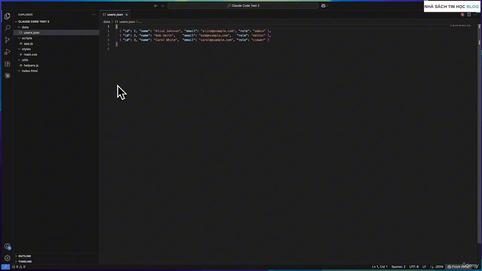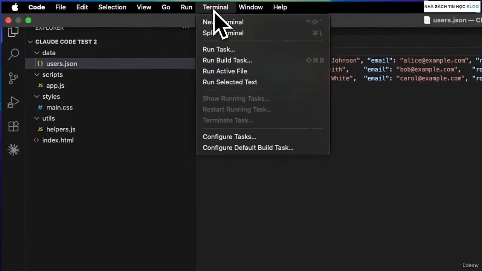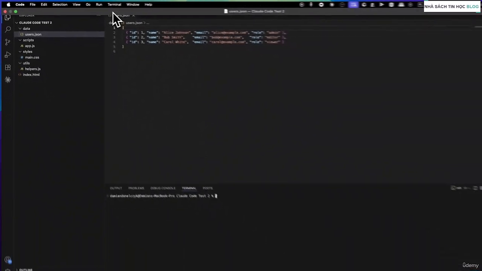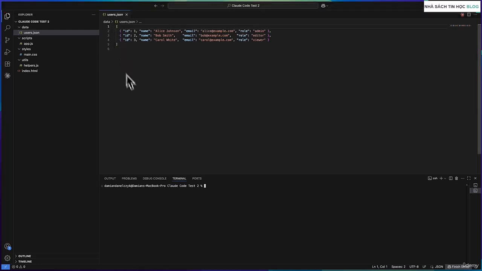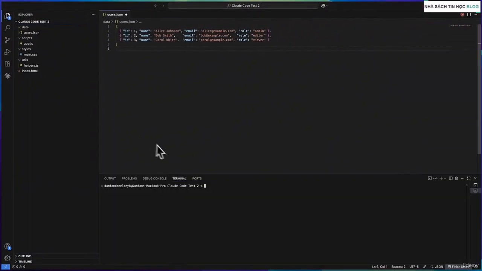Now, to access Cloud Code inside Visual Studio Code, you can go to Terminal, click on New Terminal, or you can just press Ctrl plus backtick on Windows, or Ctrl plus backtick on Mac to show and hide the terminal whenever you need it. All right.